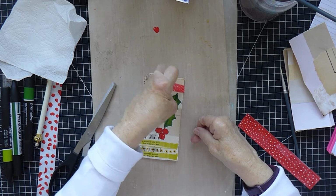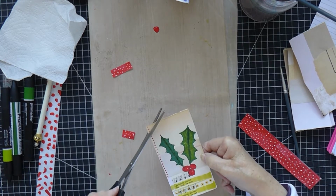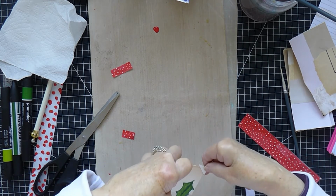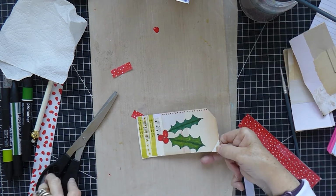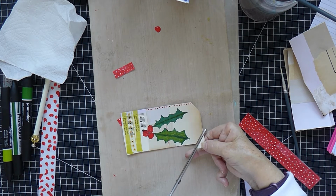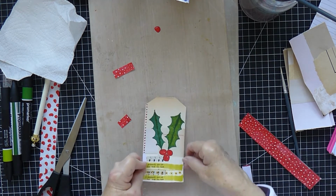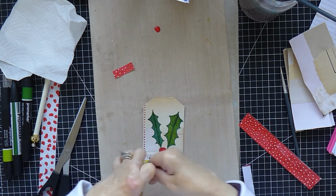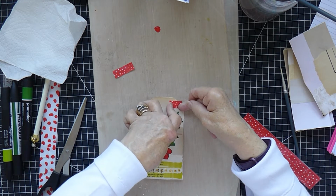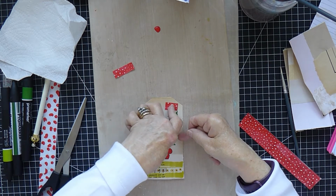So I will be, maybe if I take off the corners now, then I'll know what I'm working with, won't I? Would make sense. Right. Now, put a little bit up here. Maybe I can just put a little bit there. There? No. Don't want to cover up the